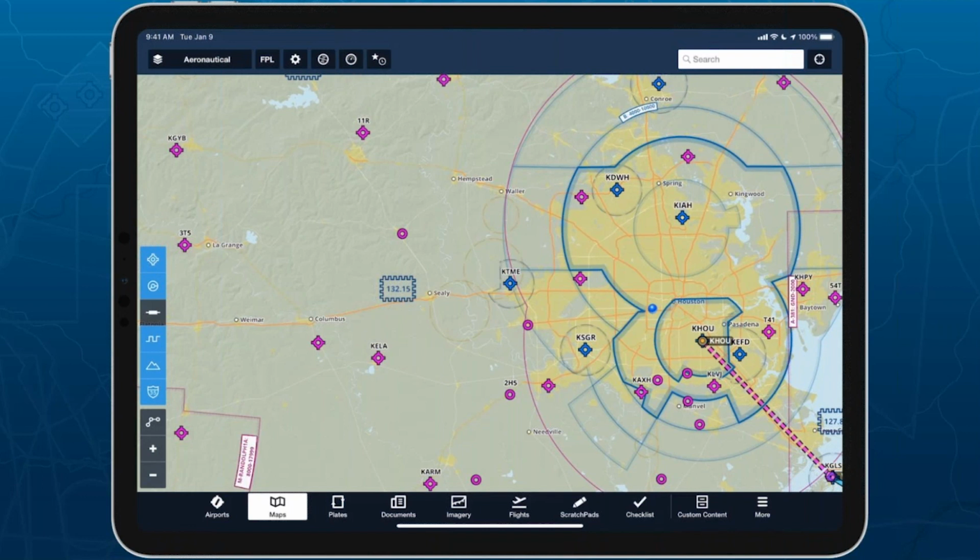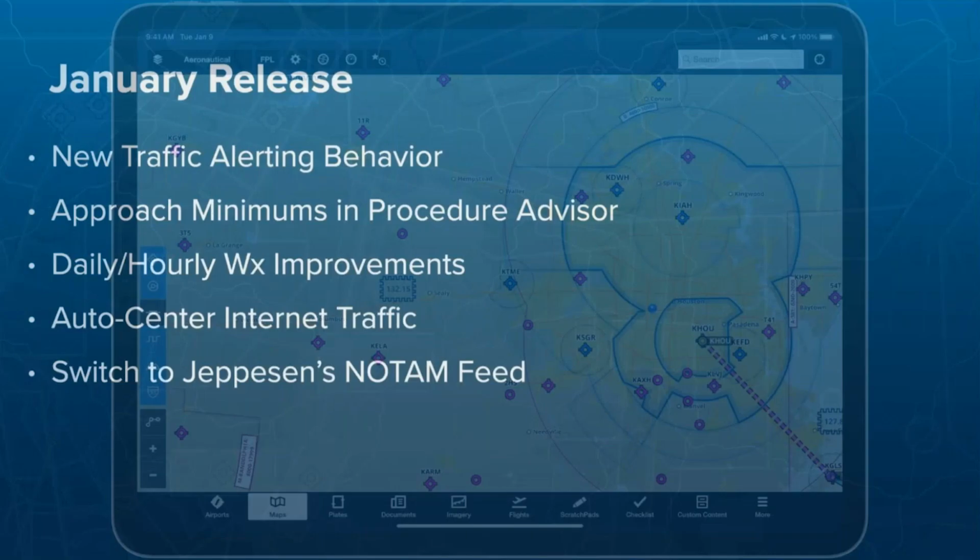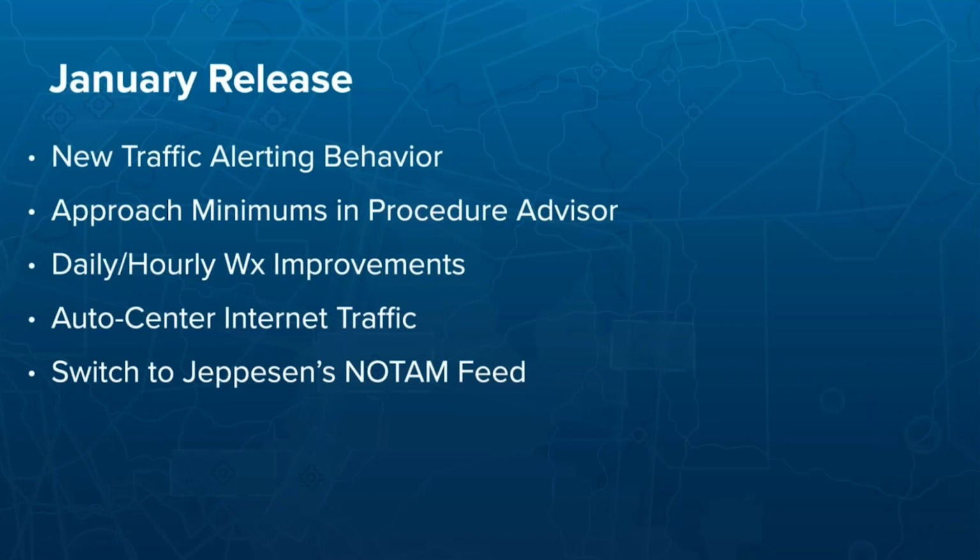All right, so last up is another feature that I'm not really going to be able to show you because it's more of a back-end thing, but we made a very important switch to using Jeppesen as our primary, or really our only source of NOTAMs. And this is significant because Jeppesen's NOTAM feed is just better curated, it's better managed than the previous one we've been using. So there were a number of benefits from this, especially for any customers who are flying to countries outside of the US, where previously we were missing many of the important domestic NOTAMs in those countries,